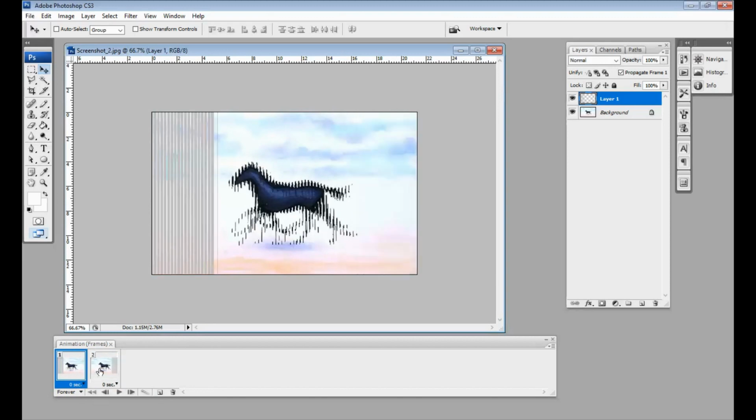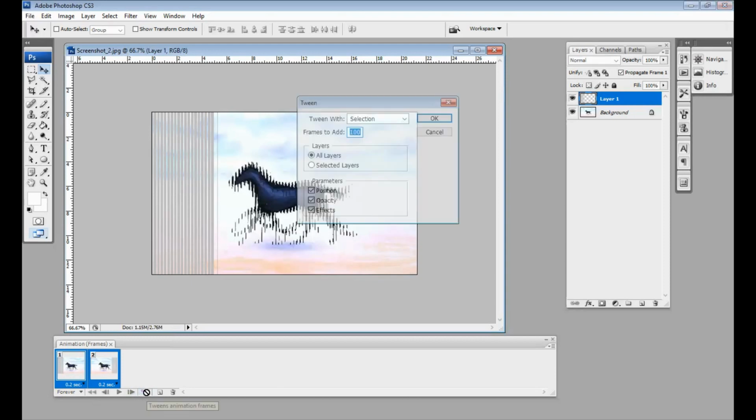Okay, I will try to set up the delay time. Okay, let's try 0.2. Between frame 1 and frame 2, I create a tween animation frame.